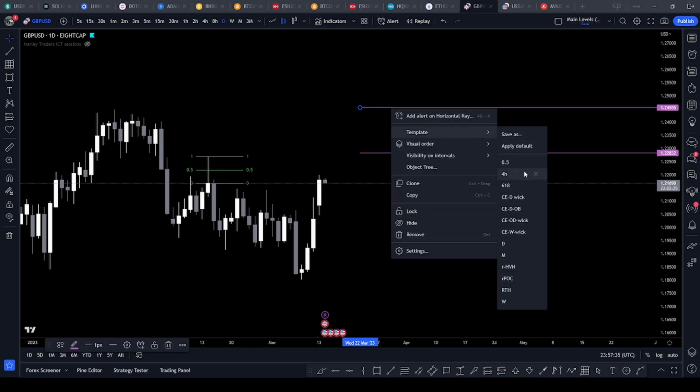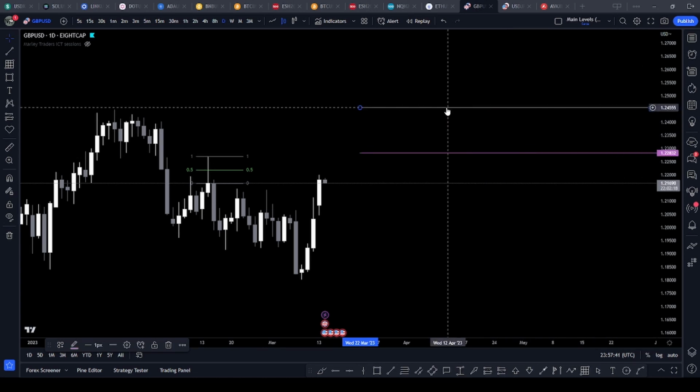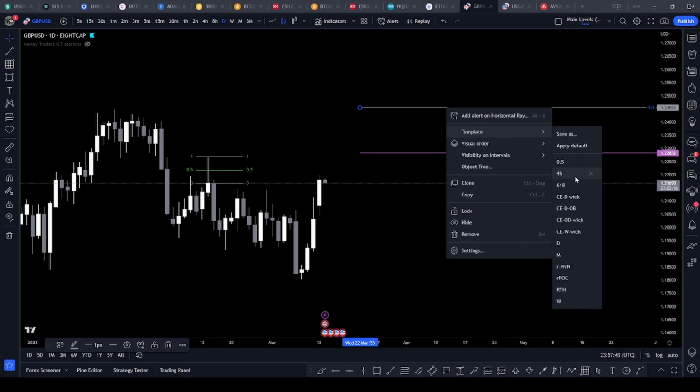You want to have one for 0.5%. I don't use that often, but from before, I have ones for my 4 hour, daily, weekly and monthly. I kind of have one for regular trading hours, but I don't really use it. Range, point of control, range, high volume node. But what we're going to focus on today is these 3 things: